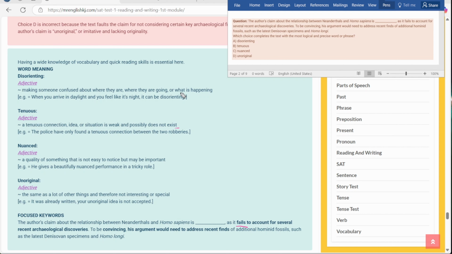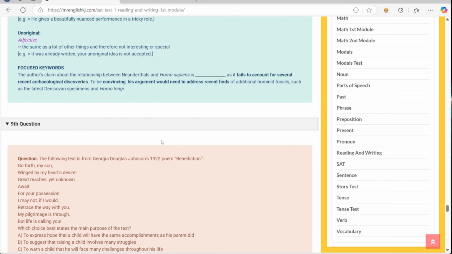Okay? Disorienting. Someone confused about where they are going. In the text, it is not telling you anything about this. Always remember, we do not add anything from our side. Whatever is given, we need to find the answer based on that. Okay? We don't need to add anything from our side. Ten, yes, is the right one. Ninth, pause and